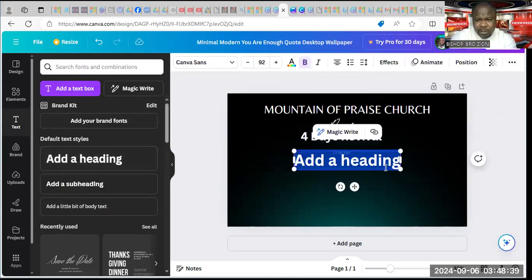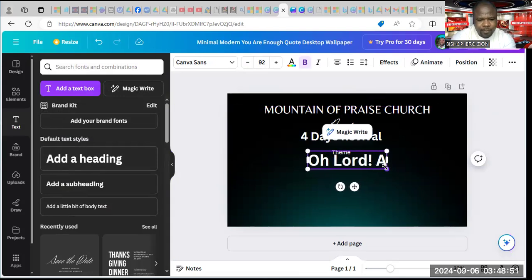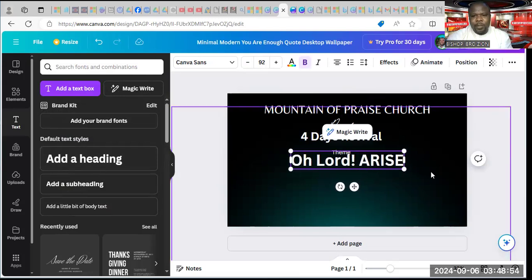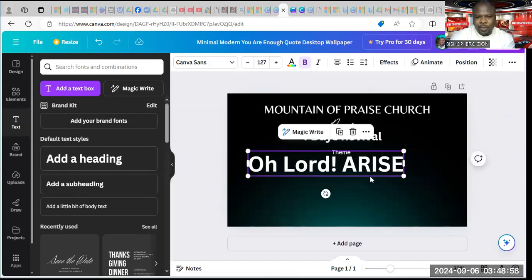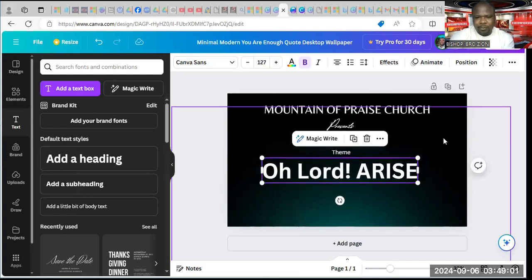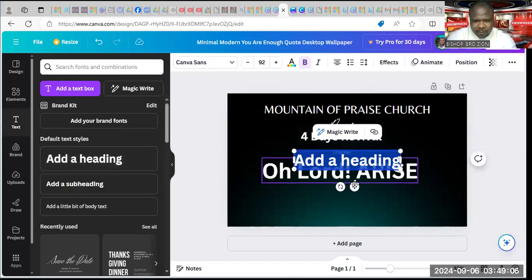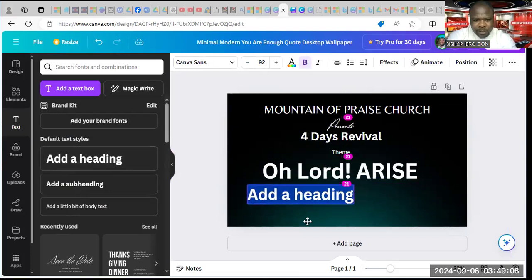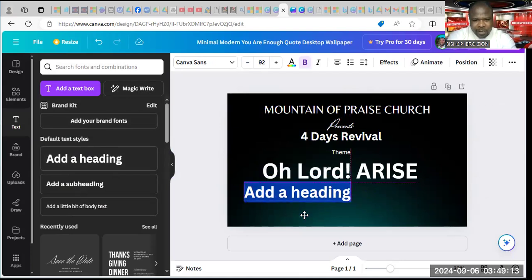Let's say the theme is, oh Lord, arise. Maybe this is what you want as your theme. Oh Lord, arise. You see this? Then we want to pick dates. You bring this writing from text. I got it from this text here. And I say,